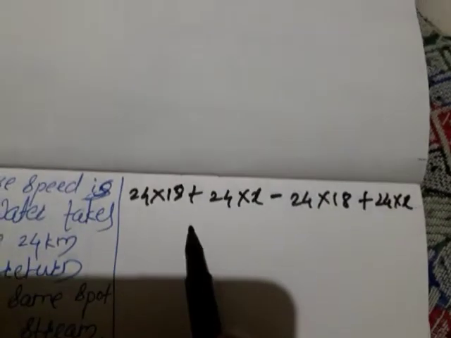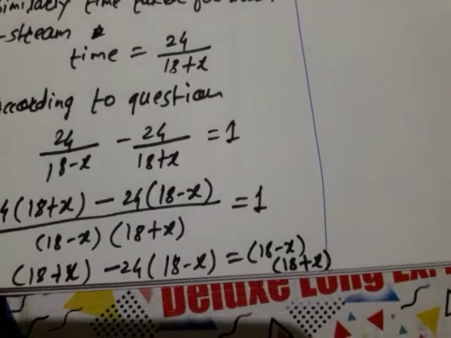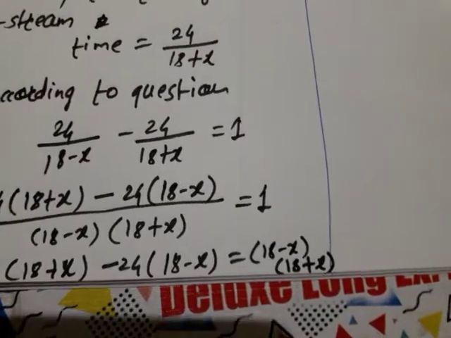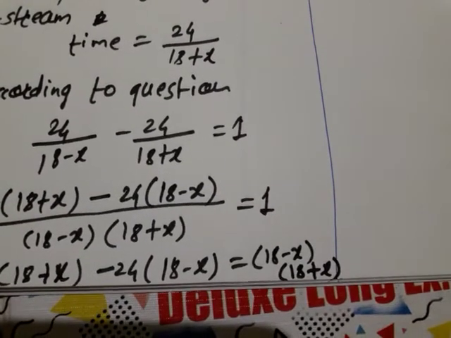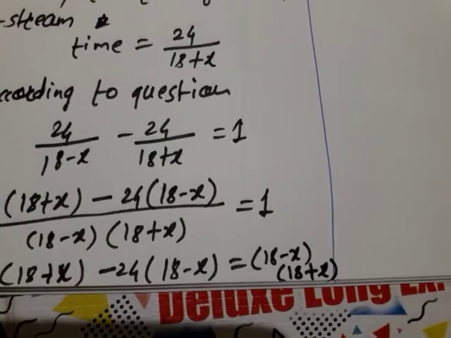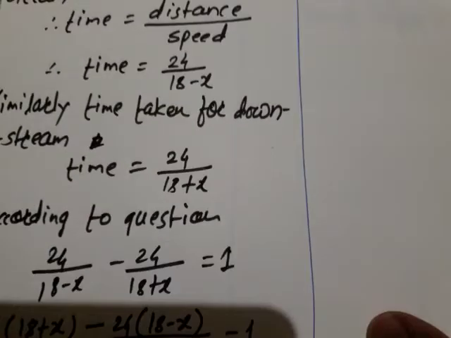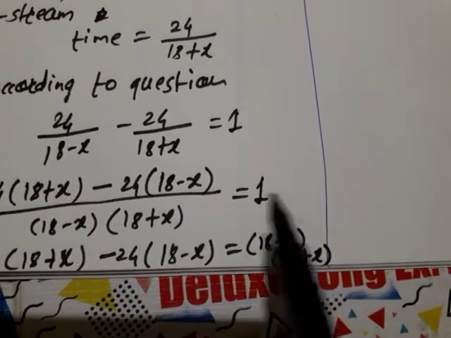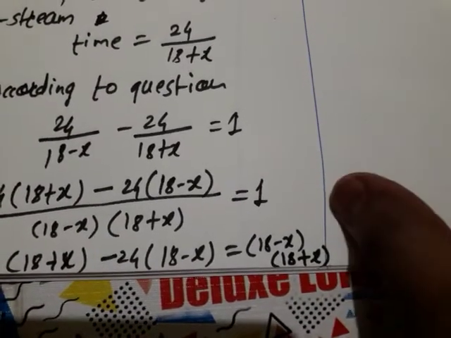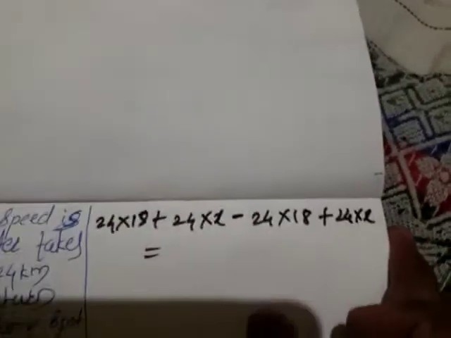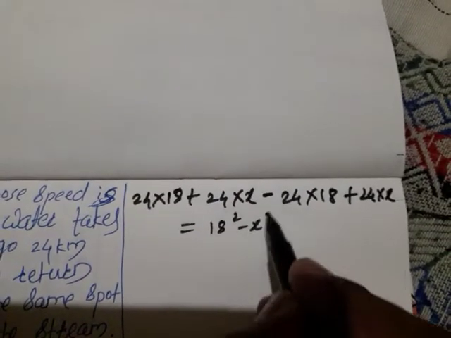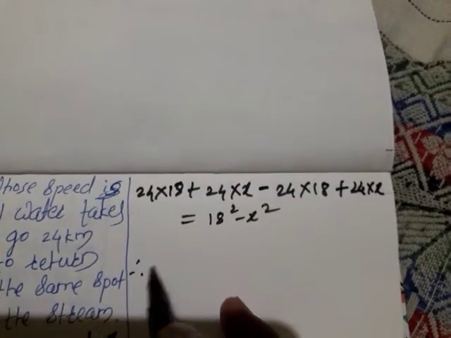And then next, the very important thing I want to tell you, which is this. Look here. If you observe carefully, you will come to know that 18 minus x and 18 plus x are in the form of a minus b and a plus b. A minus b and a plus b means what? a square minus b square. Which is the value of a? This 18. 18 is the value of a and x is the value of b. Means we can write directly over here, instead of doing multiplication, 18 square minus x square. Therefore we will solve this.